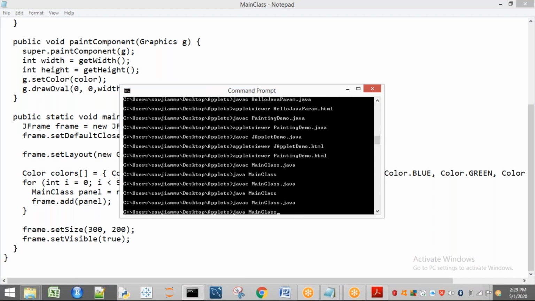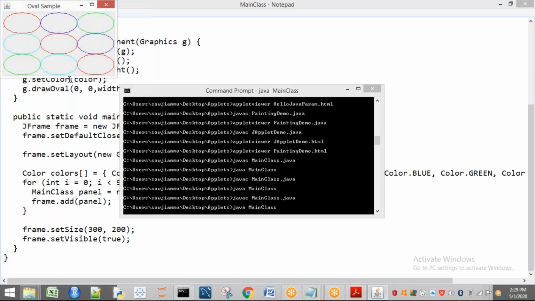Main class.java. So see here, how many ovals are we getting? 9. Why are we getting 9 ovals? Because I have drawn 4 ovals and it has set them for the entire frame. I have given 9, and it has set them for the frame. If I give more also, the size of each oval is going to decrease. And the paintable area I have set with insets. In that area only we can paint.